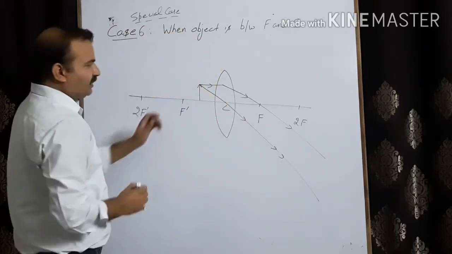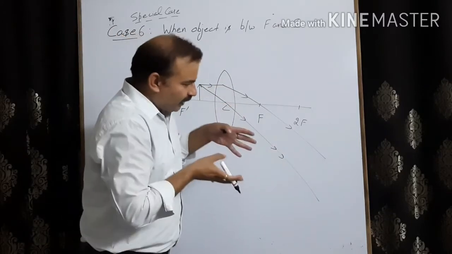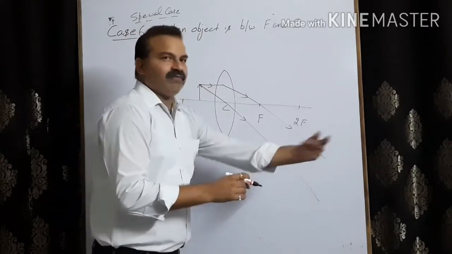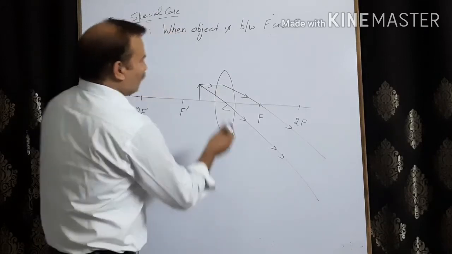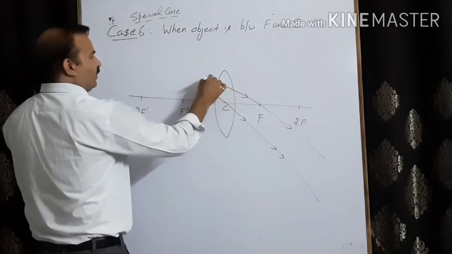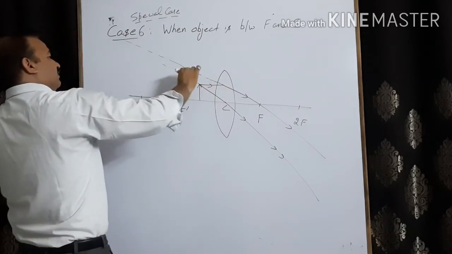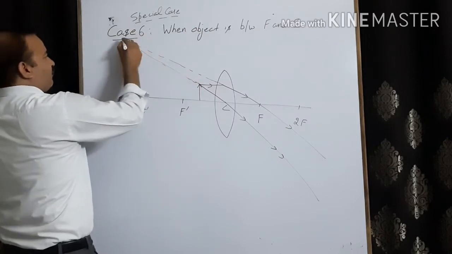Now please remember, in this case the distance between the rays keeps on increasing, so they will not meet further. What we do is extend these two rays back, and we consider that the image is formed